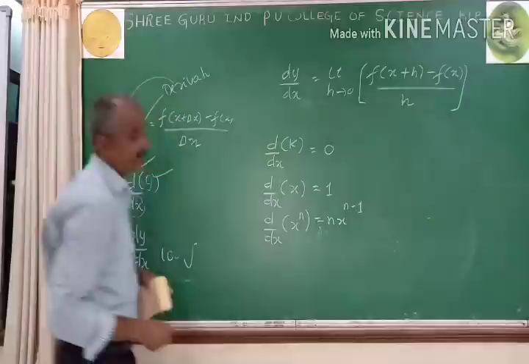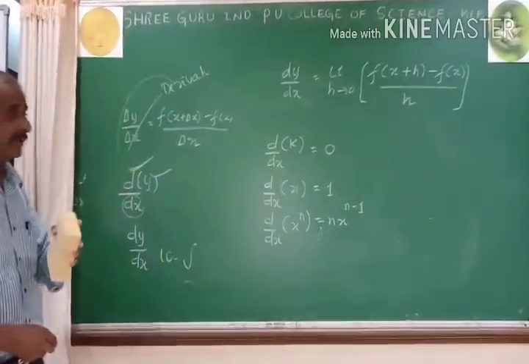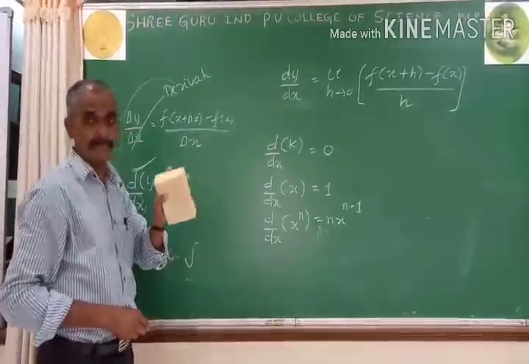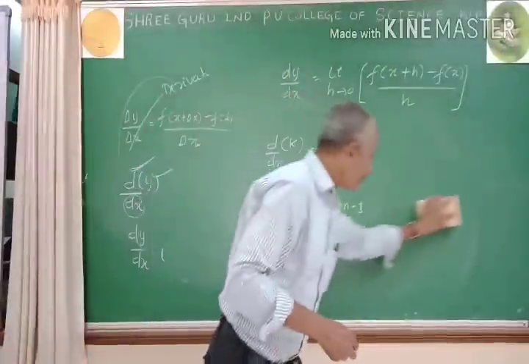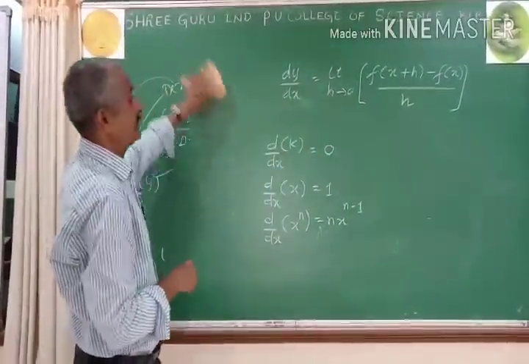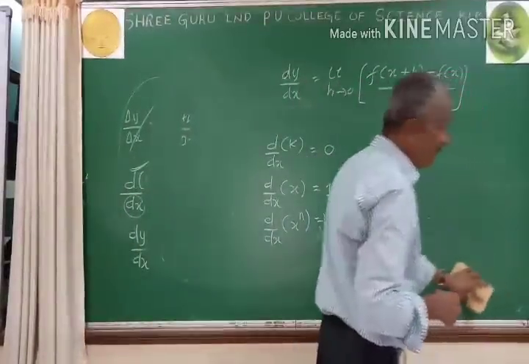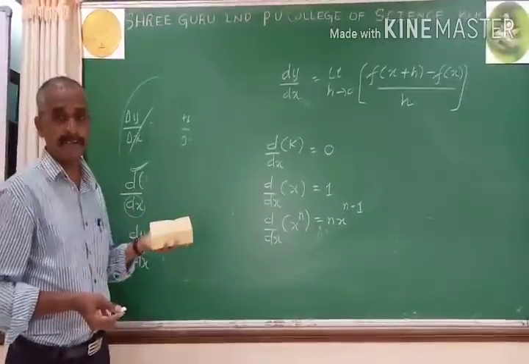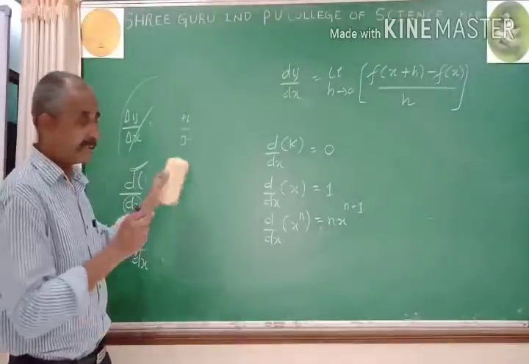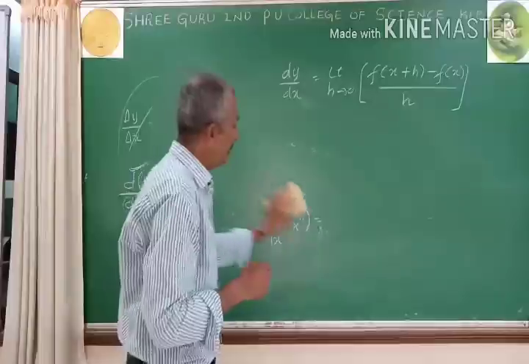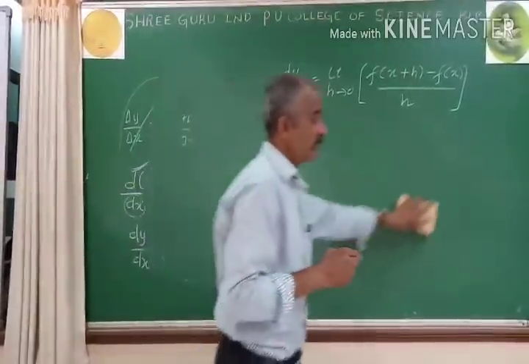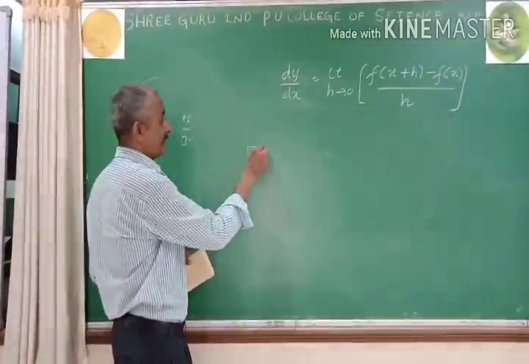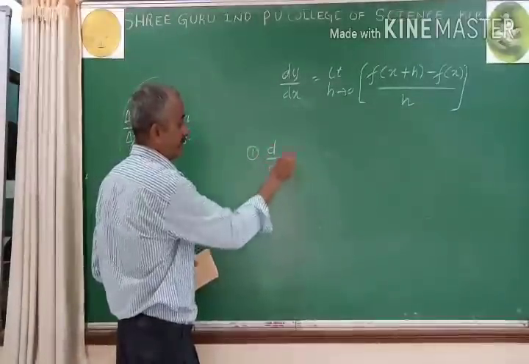Like this, in first year PUC, we have seen various formulas. And keep in mind what I am taking is concerned only with PUC first year, not PUC second year. After these formulas, in first year PUC we have seen some rules. In this world, take any process, without rules no process can be completed correctly. Like that, there are some rules in differentiation, like product rule, sum rule, quotient rule, etc. Let's recall those rules.